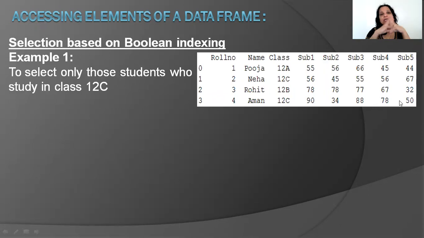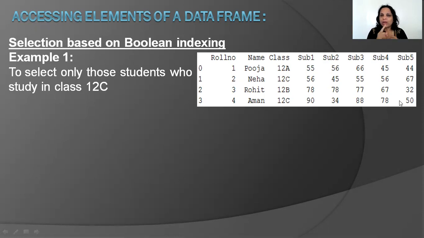Then coming to Boolean indexing. Now, the name may confuse you, but you've used Boolean indexing. Boolean indexing means condition-based accessing of data. You want to know only people who are in 12C, or only who have got marks more than this. So you are specifying a condition. Now, we all know, whether it's MySQL or Python, when you specify a condition, every condition is going to evaluate to either true or false. And this true or false value is referred to as a Boolean value. That is what I mean by selection based on Boolean index.